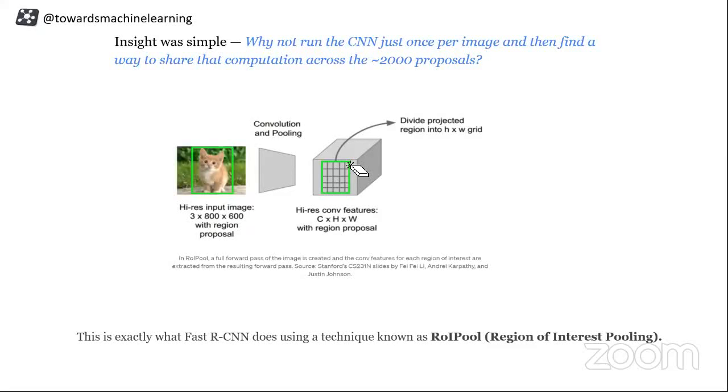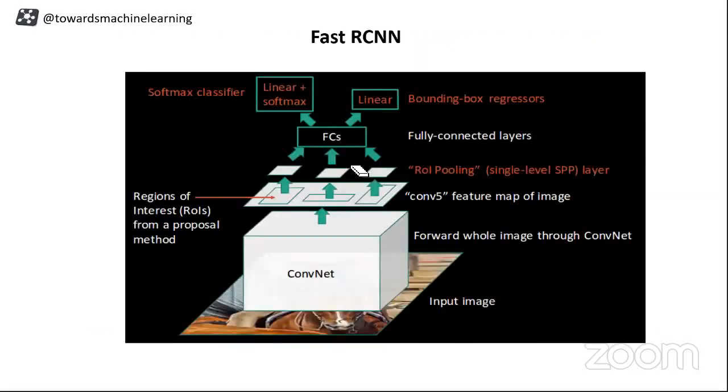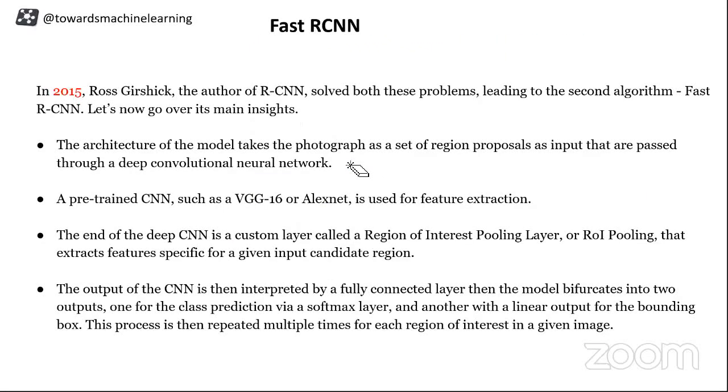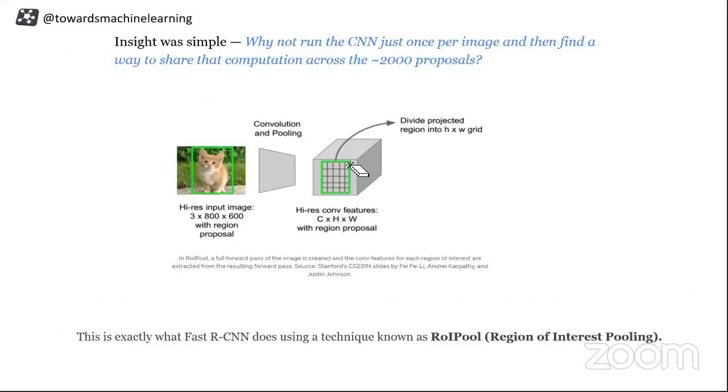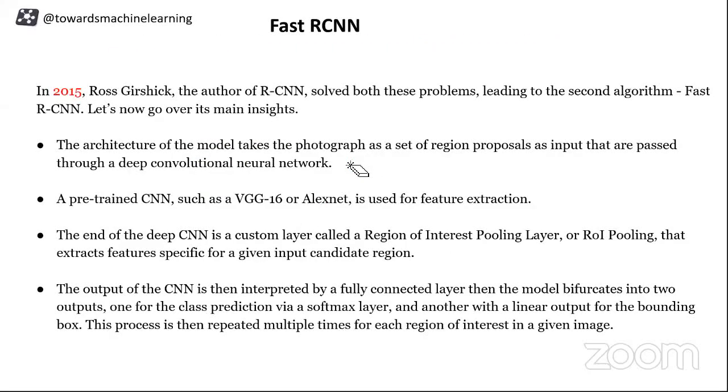So this is how you saved your time. How did you save your time? You're not passing 2000 images again and again to your CNN architecture. You're passing it only one time. After that, you are running a selective search algorithm on it, and then doing region of interest pooling, and passing that to your further network, SVM or the bounding box regressor. So you save that cost. Is there another thing it helped with? I guess just one thing: you don't have to send 2000 images at a time.